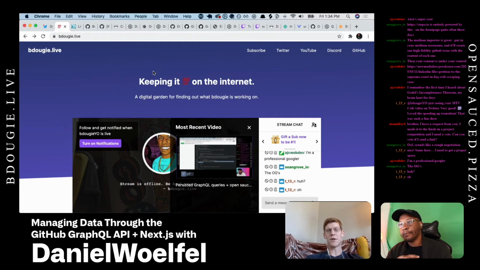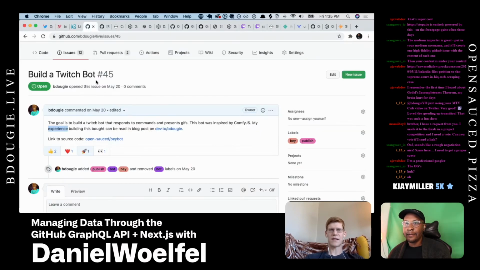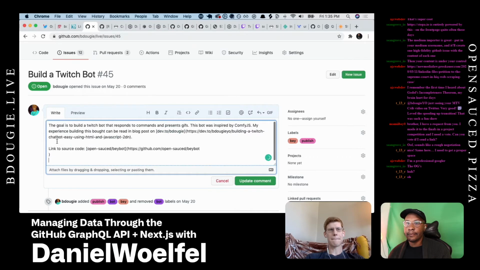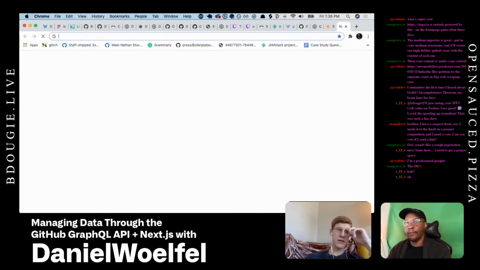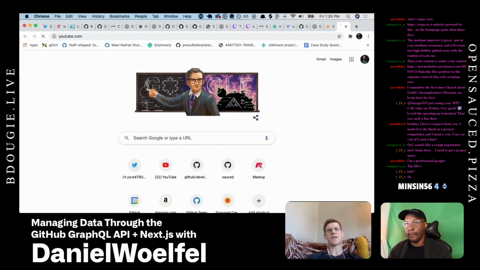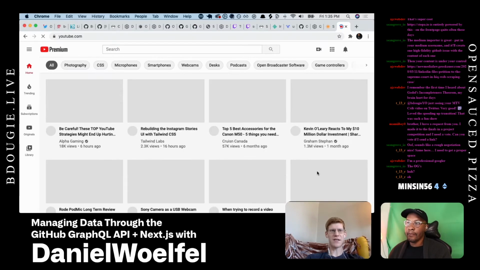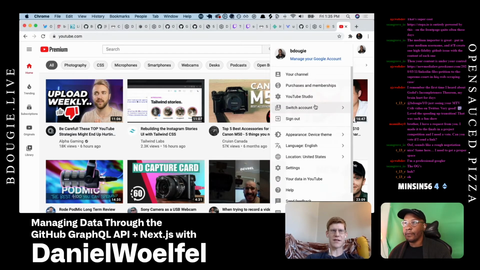So if you put a link on a line by itself, that will become an embed depending on if it knows how to render it as an embed. It works with Twitch and CodeSandbox and a few other things. The new version renders it on the server, so I wanted to get that update too because it's a little bit of a nicer experience.